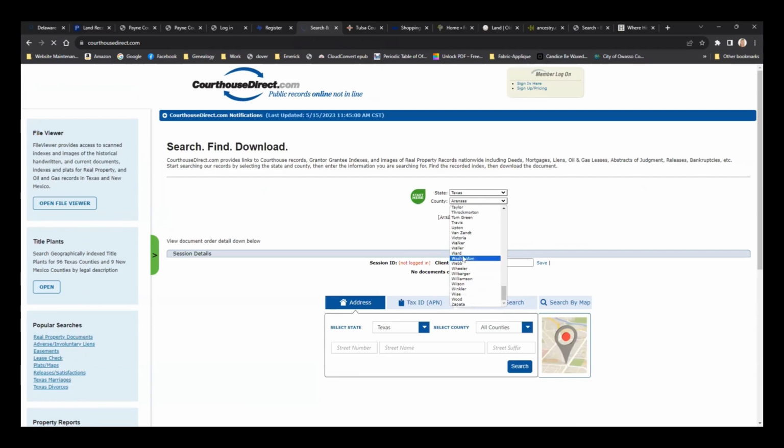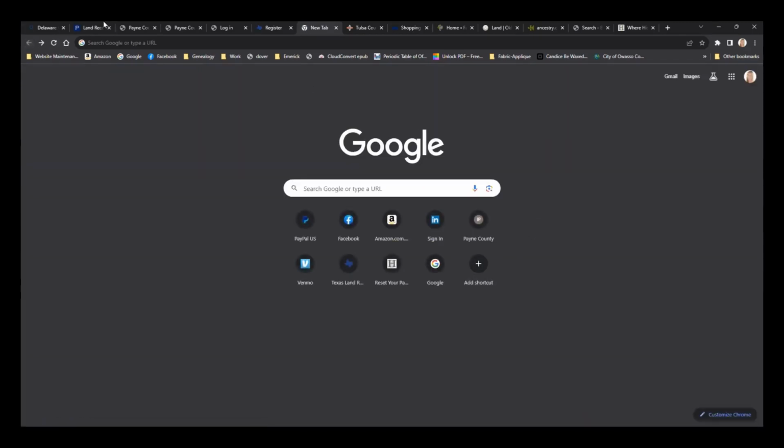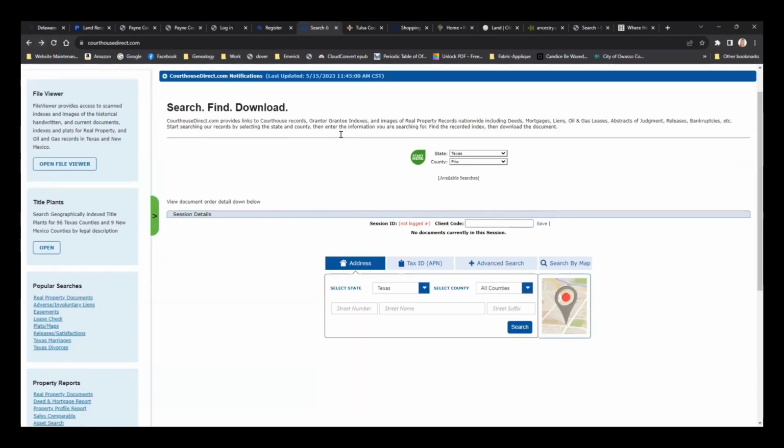Let's go down to Reeves County because it has a lot of stuff. Pecos, how's that? I think it's because you're not logged in yet. Yeah, probably. But anyway, it's kind of the same way in that it will let you download the document that you find. I use this one on a daily basis for work, downloading documents all the time.